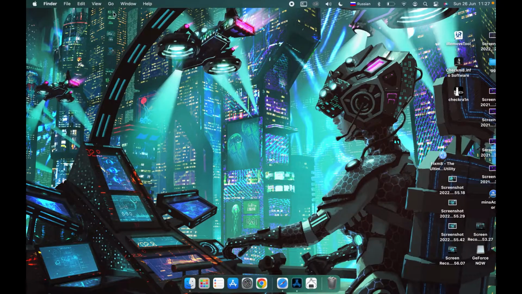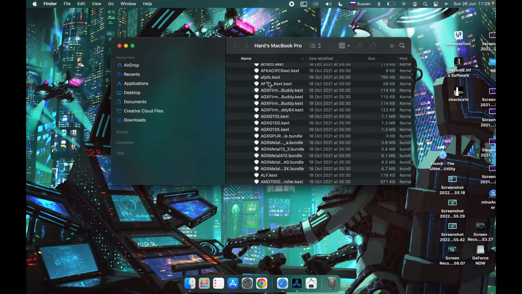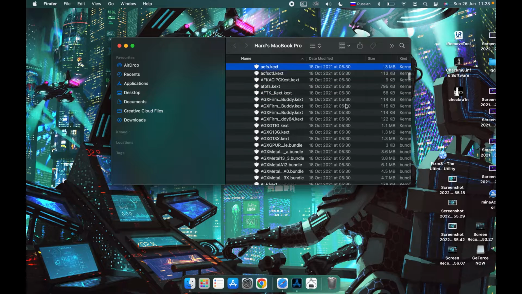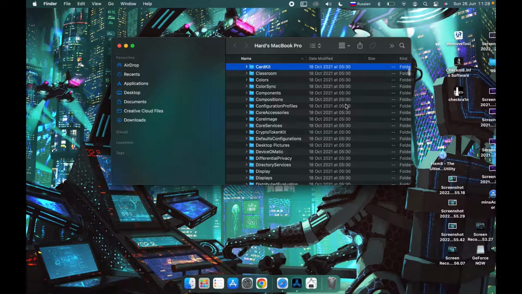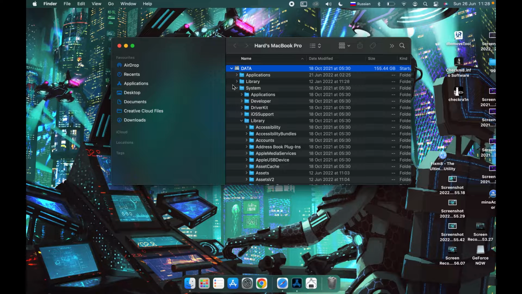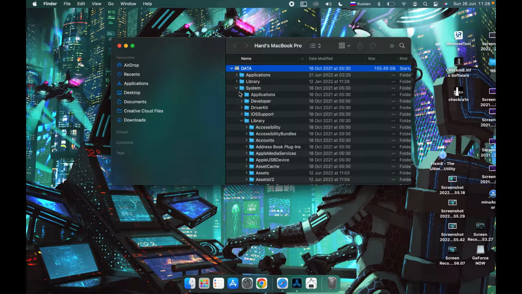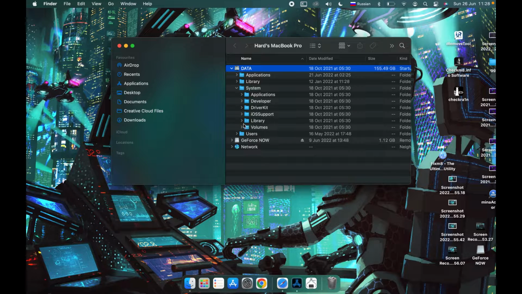So in order to do this, let's press on our Go icon right here in the top place of our screen. Now let's go for the computer. Here we'll need to locate, I'm already in the drivers section, but here let's locate the data. Like this. So pop it up, now go for the system, then locate library, but it needs to be subfolder